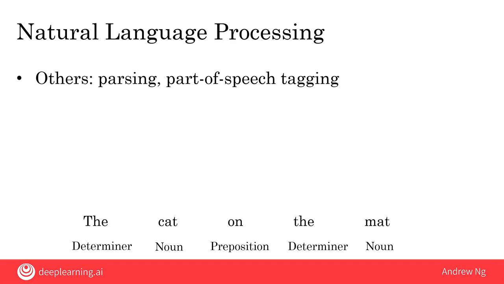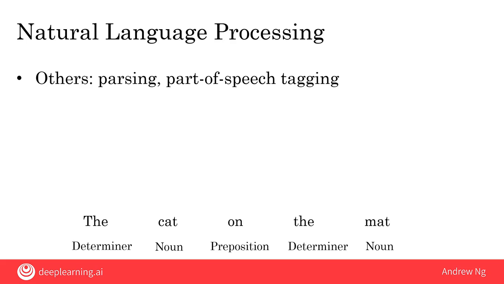If you're building a sentiment classifier for restaurant reviews, then a part-of-speech tagging algorithm would be able to tell you which are the nouns, which are the verbs, which are the adjectives, which are the adverbs, and so on, and therefore help your AI system figure out which are the words to pay more attention to. For example, you should probably pay more attention to the nouns since those seem like important words, maybe the verbs. Certainly the adjectives, words like good, bad, delicious are adjectives, and your AI system may learn to ignore the determiners, words like the, which maybe matter less in terms of how a user is actually feeling about a restaurant.